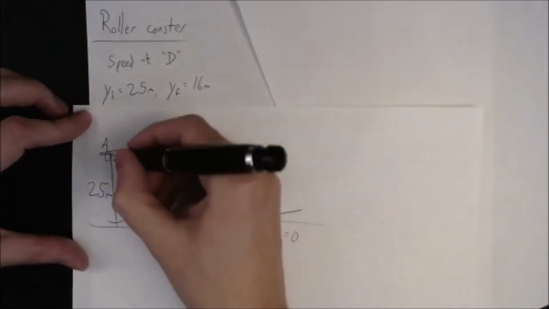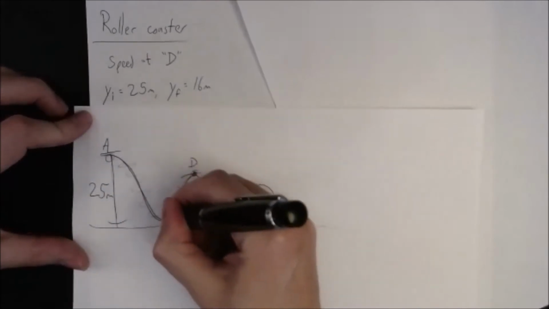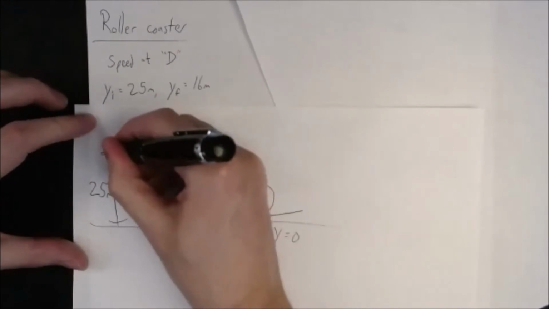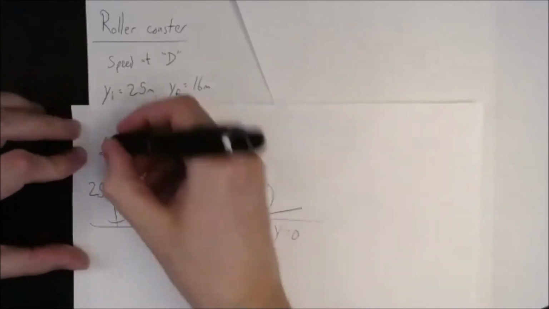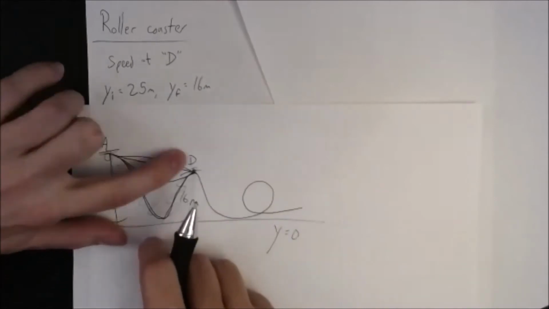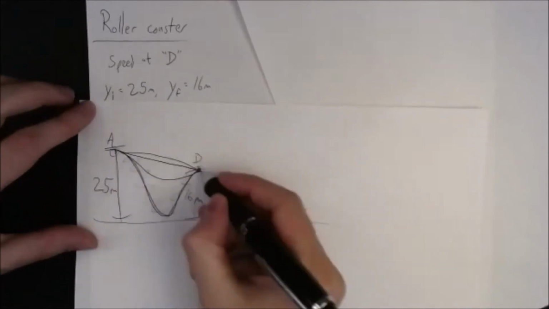You know, this roller coaster cart could go like this. It could go like this. It could go like this. It could go like this. As long as it doesn't do something weird and go up really far, because then the cart wouldn't be able to make it over the hill. As long as it's still just going down,